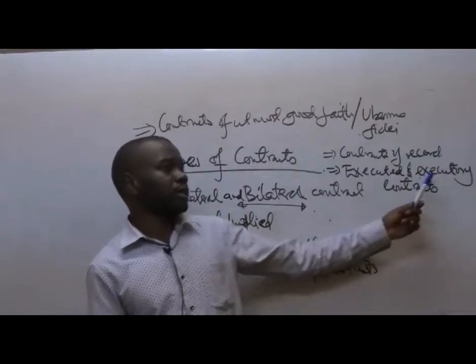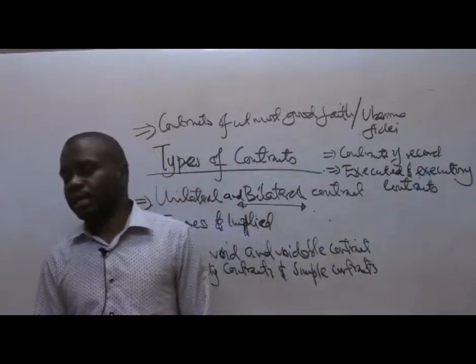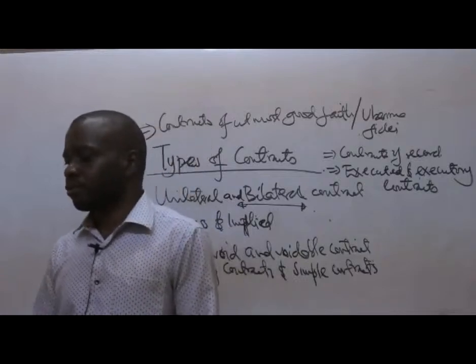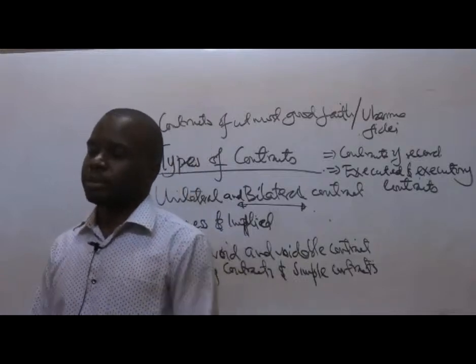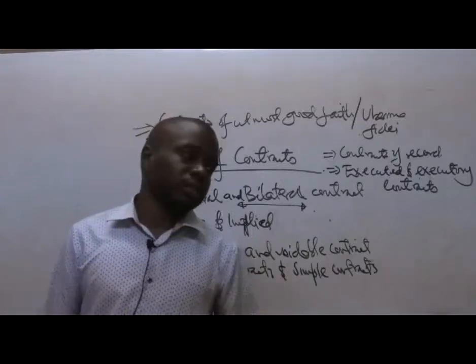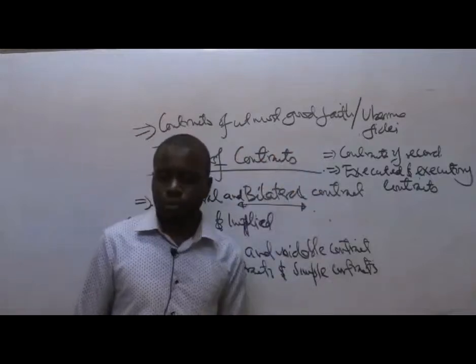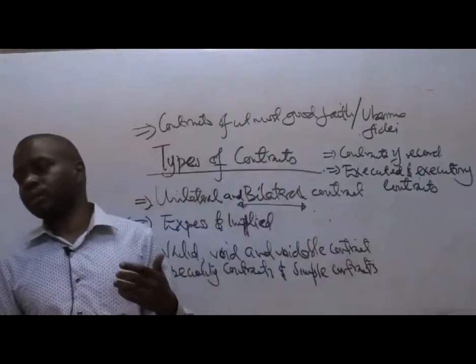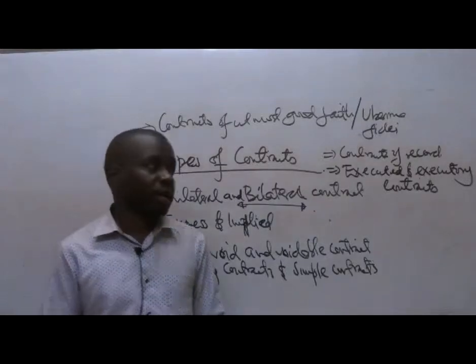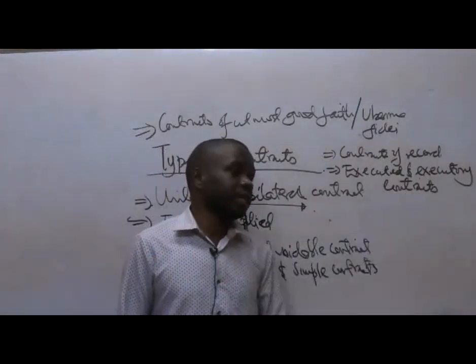Executory, the promises under the agreement are supposed to be fulfilled at a future date, maybe a month from now. The promise is that the teacher will be able to provide block revision. So in such a case, that is an executory contract. It is a promise that has been made to be fulfilled at a future date. So such an agreement can be termed as being an executory contract.